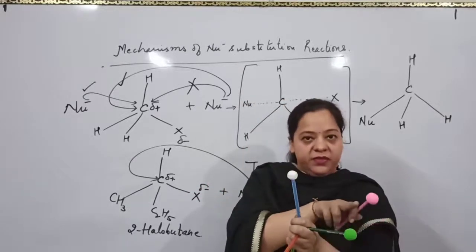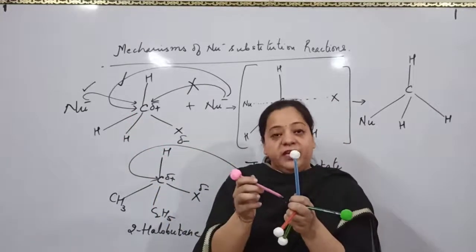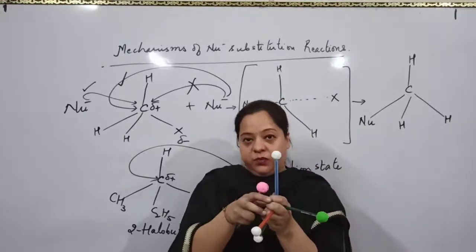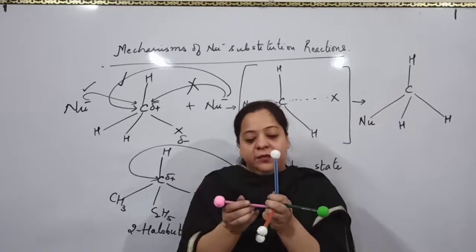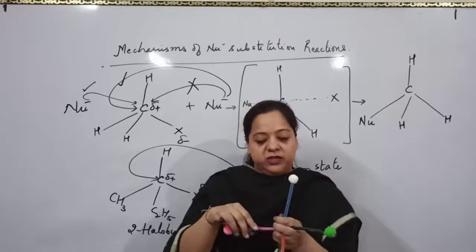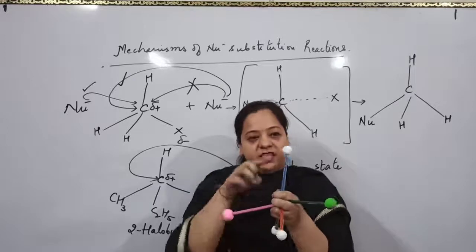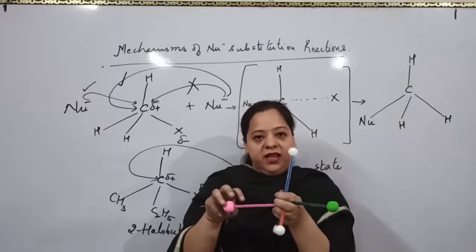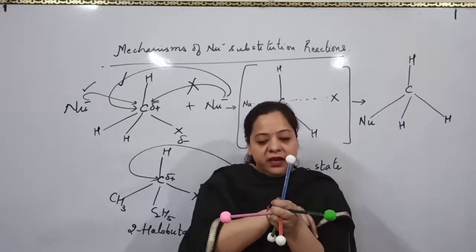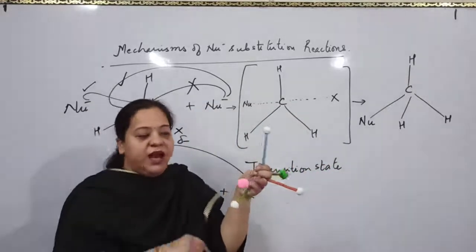This is the leaving group, that is the halogen atom. This is the incoming nucleophile which attacks this central carbon atom, the alpha carbon atom, that carries the positive charge, and there is simultaneous bond formation and bond breaking. A 5-membered transition state is formed. Here the central carbon atom is surrounded by 3 H atoms, the incoming nucleophile, that is bond formation, the leaving group, that is bond breaking, and in this 5-membered transition state, when the bond formation and bond breaking